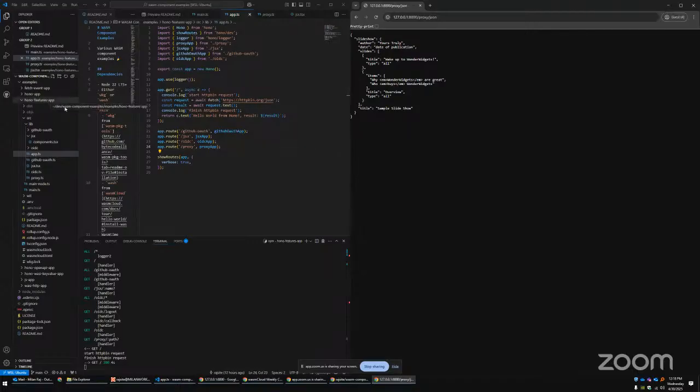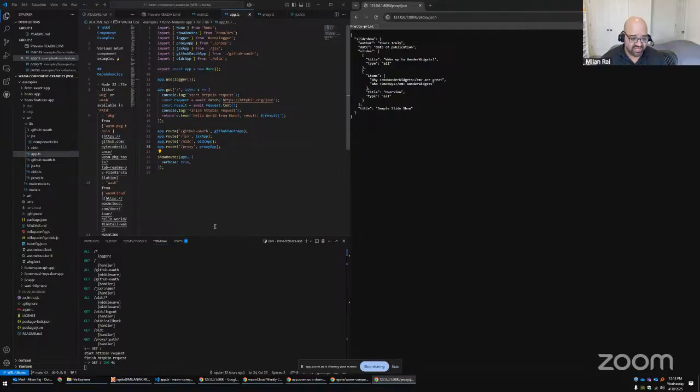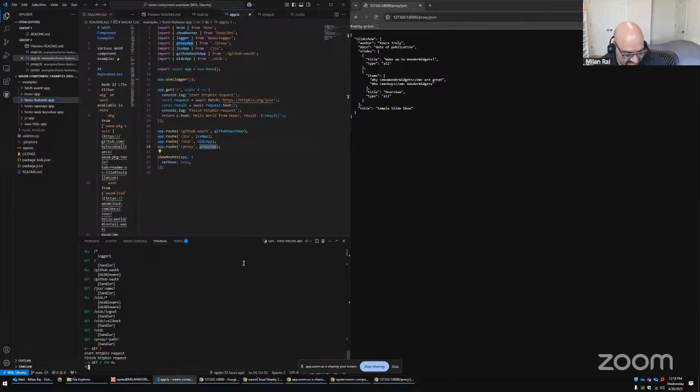Sorry, are you debugging the Wasm, or you're debugging the JavaScript? Debugging the JavaScript version of the Hono application in Node. Yeah. I don't see any reason to stop here. Good. Yeah. The other one that was fun is